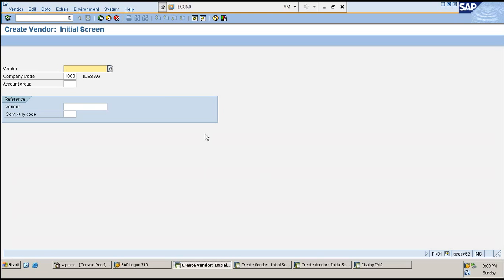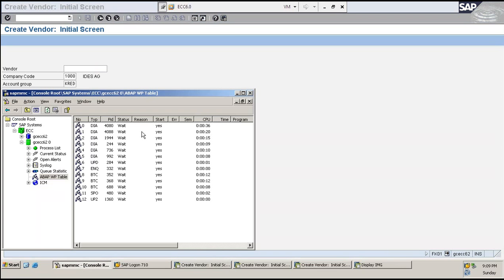So in FK01, we're going to create a vendor again. I'll show you what it does and how it's going to behave, which is very important. In FK01 I'll get only the views pertaining to the company code, and likewise in MK01 you will get only the views pertaining to purchasing.